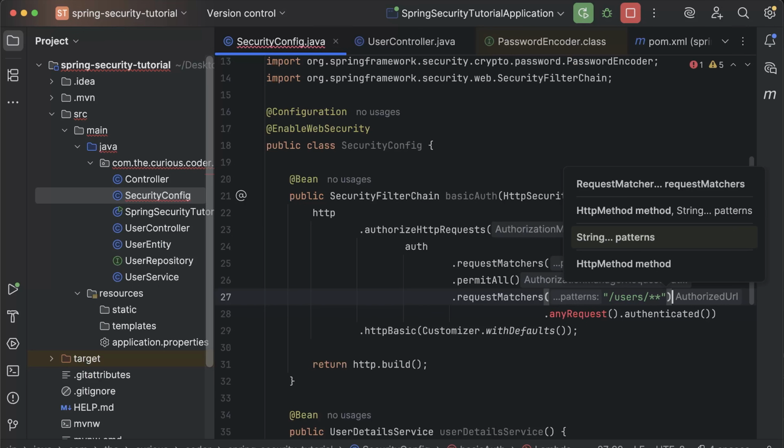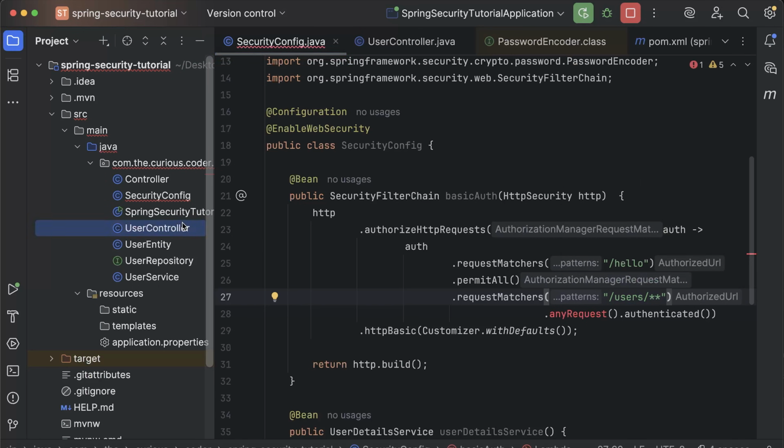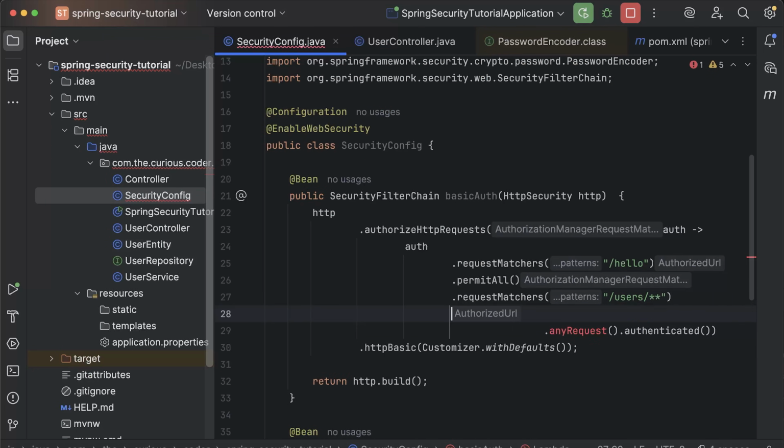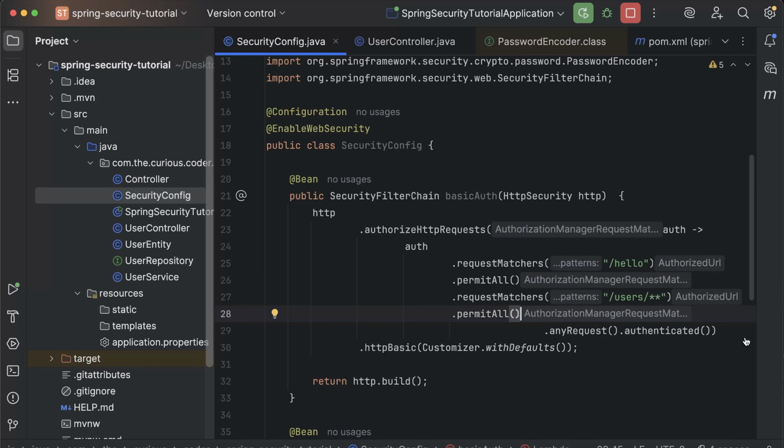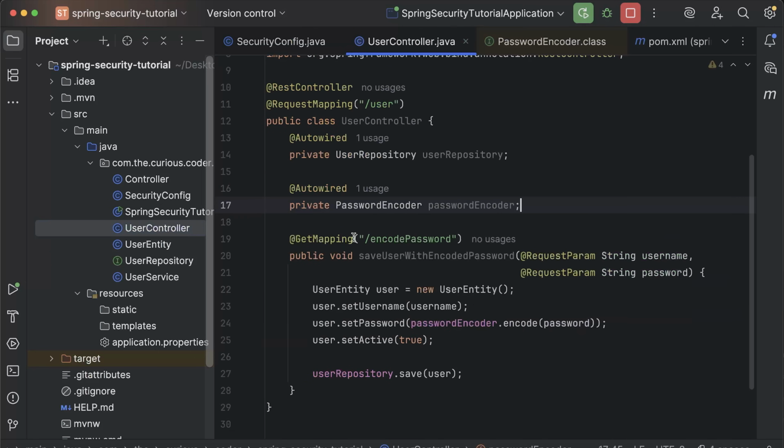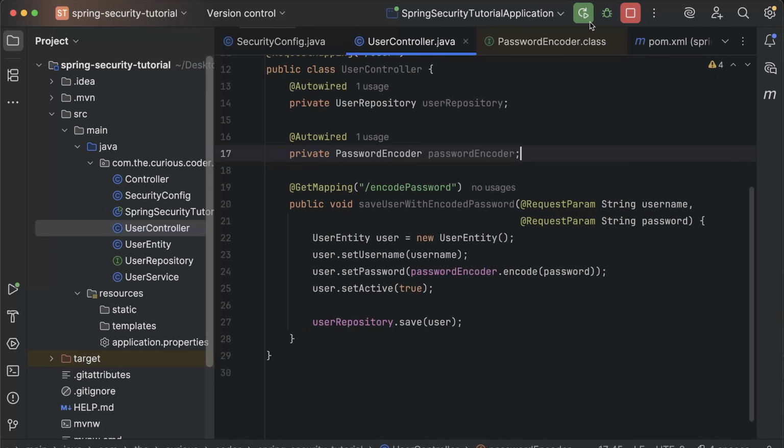As of now, any API that we create in this user controller, I'll exclude all of them from the security config, permitAll. So we have excluded this one. In the user controller, we have this API. Now, if I rerun my project,